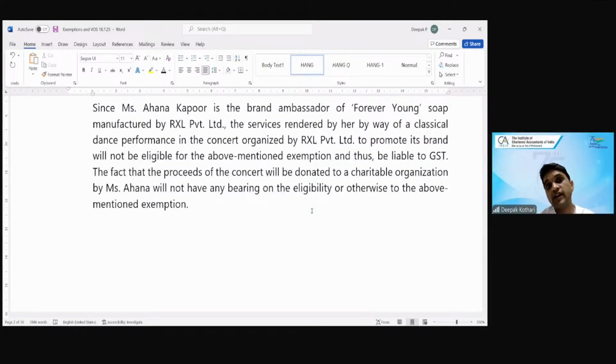Second, they have also said that she is collecting that and giving it to a charitable organization. Doesn't matter, because GST is chargeable at the source, not at the end use. So if it is chargeable at the source itself and she donates it to the charity, she can donate it, no restriction, but it will be liable to GST. She will have to pay GST and then she can donate it to the charity, no problem. Okay. So just because she does some charitable work, don't get carried away, don't get emotionally attached. It will still be taxable.